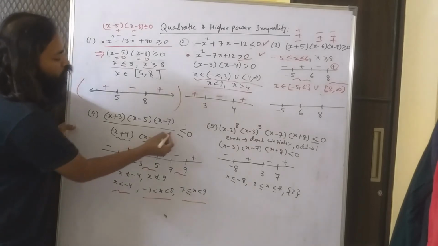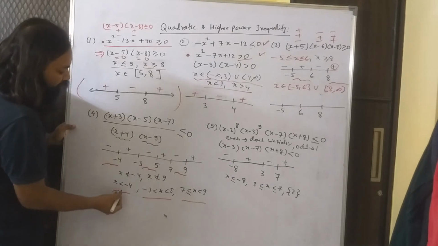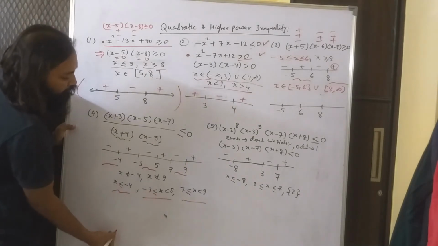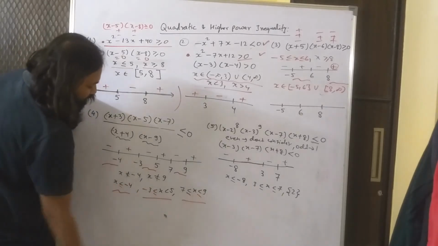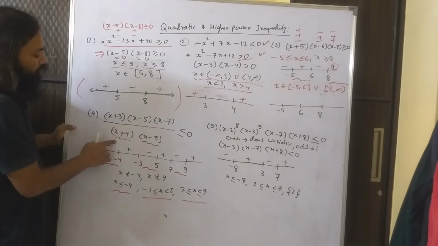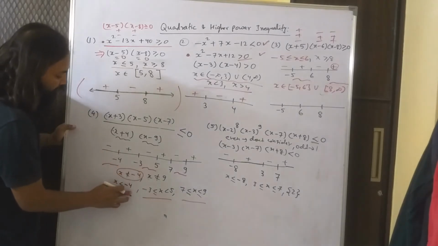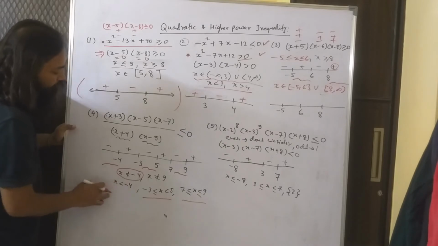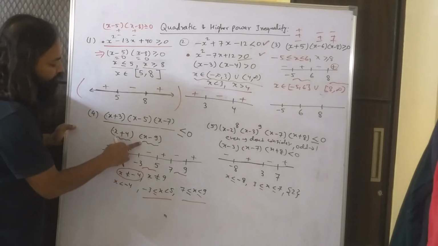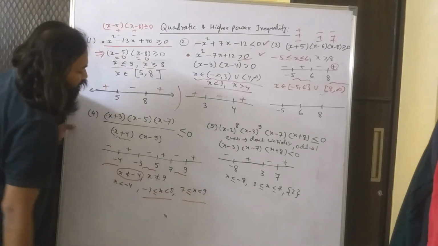See, although you have an equal to sign over here, so you will be thinking like, okay, I should put equal to sign here and equal to sign here and equal to sign here. But understand one thing, that x plus 4 is coming in the denominator. So x can never be equal to 4, and that's why I cannot put this equal to sign. Also, x can never be equal to 9. So I should not put this equal to sign.